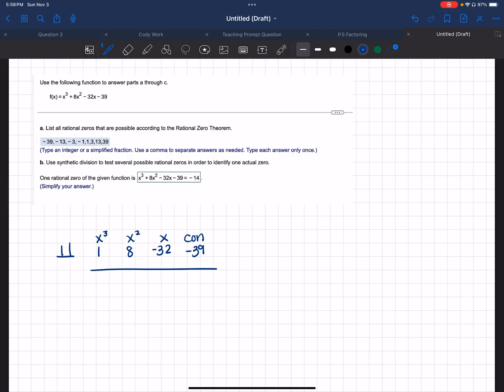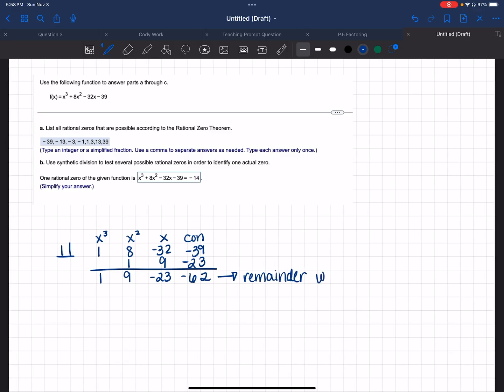Okay, now I'm ready to use synthetic division. I bring the 1 down. 1 times 1 is 1. Remember, it goes under that 8. 8 plus 1 gives me 9. I combine those. 1 times 9 is 9. Negative 32 and 9 will give me a negative 23. And then 1 times negative 23 is negative 23. And that's going to give me a negative 62. Okay, so I'm getting a remainder of negative 62,